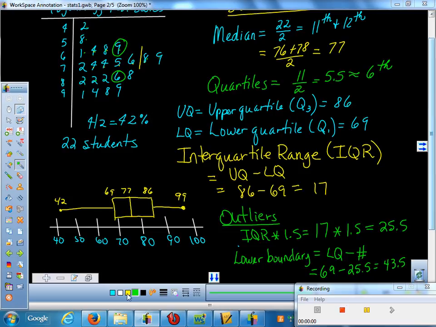I have to come back over here then and erase my whisker. Since 42 is an outlier, I would put just a dot at 42. My whisker would be drawn to the next piece of data. Emphasis: what's the next number in your data that was not an outlier? Well, from 42, if you look at the stem and leaf, 58 was my next piece of data, so I would go from 58. That would be where my whisker is,